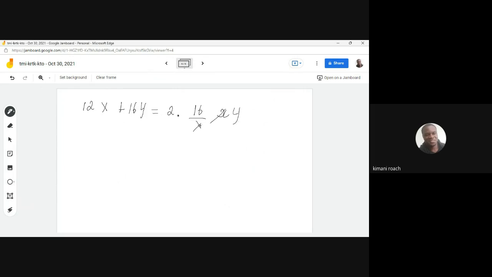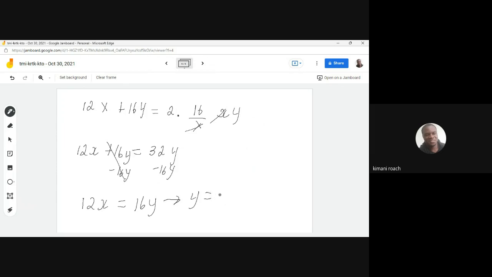My x will cancel there, so I'm left with 12x plus 16y is equal to 32y. I can subtract 16y on both sides. And that's going to leave me with 12x is equal to 16y, which means that